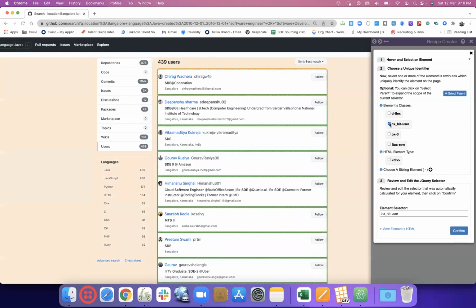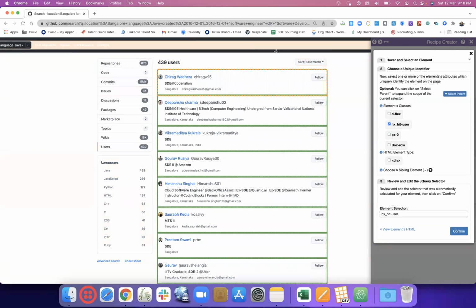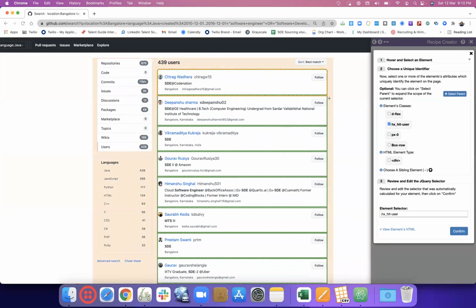Let's say this. Okay, this is selecting all the boxes. Is it selecting any unwanted box? No, it's not. So first it got highlighted with orange. Now it started selecting all the boxes which have user information and highlighting them with a green background.